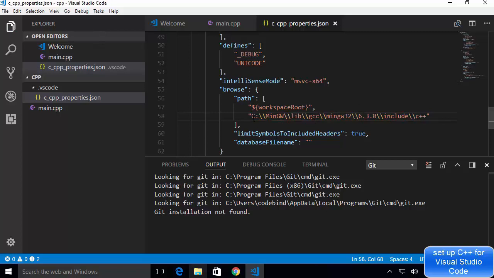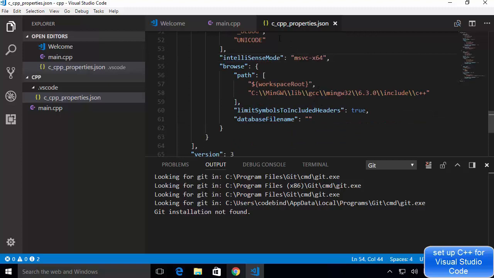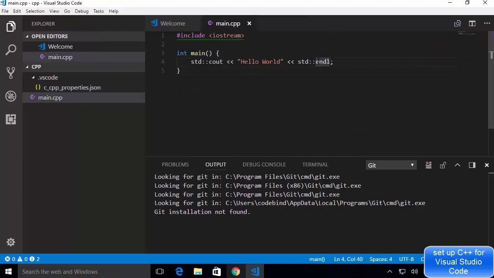This path you need to include. I will add this path in the description also, so you can directly copy and paste it in your CPP properties JSON file. So once you have included this C/CPP properties JSON file, you can close it. By the way, if you don't know how to create this C/CPP file from this squiggly line,